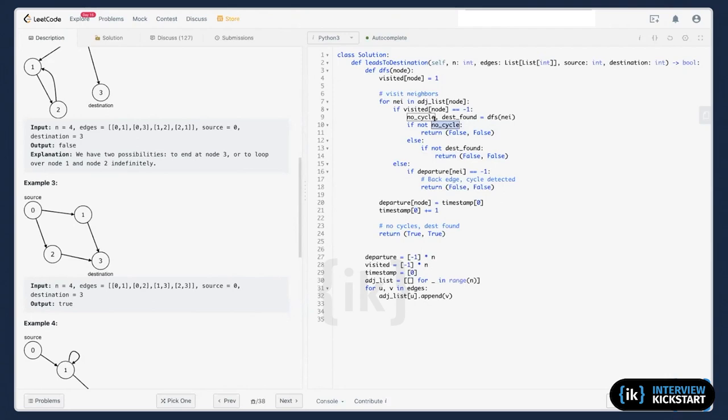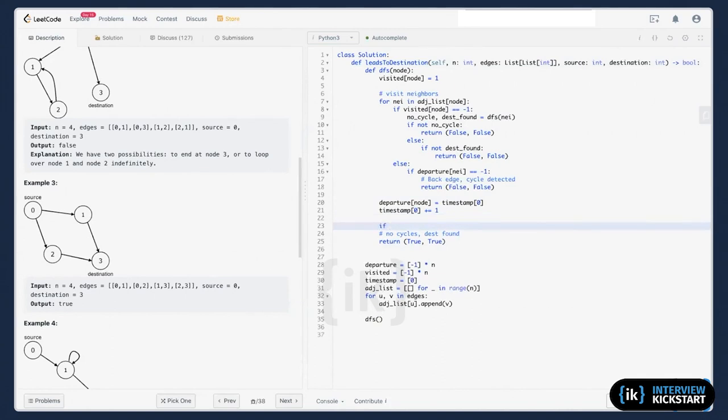If there's no cycle, no. We have cycle, we go here. We don't have cycle, but I didn't see this. Everything false. Oh, I think this one should work. Let me see. What is destination? But I didn't check the destination. Huh? How come though? Okay, I have to check.